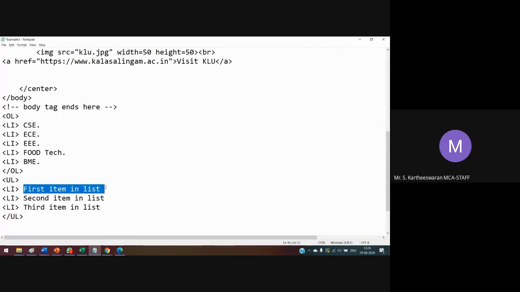Some schools: School of Computing, your school name, School of Science.